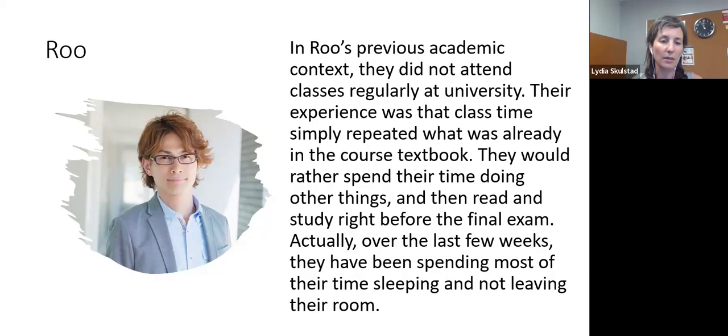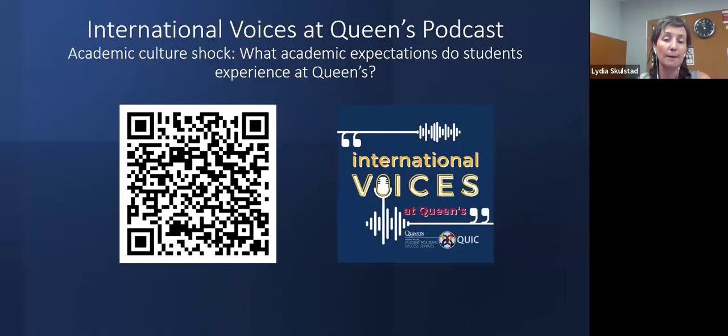And so thinking through that, it does really sound like Rue needs someone to talk to, and maybe it's just understanding the expectations and things that are different. And so like we talked about as well, seeking help, asking for help, knowing where to go for help is a really, really important skill as a student. And so a great place to start with that is here at the Queen's University International Center.